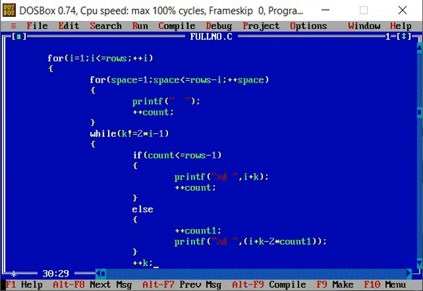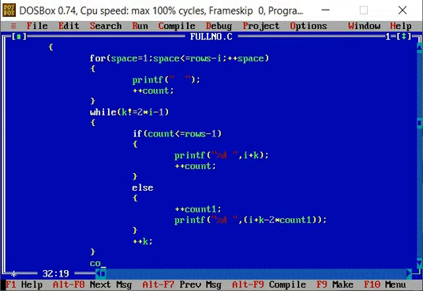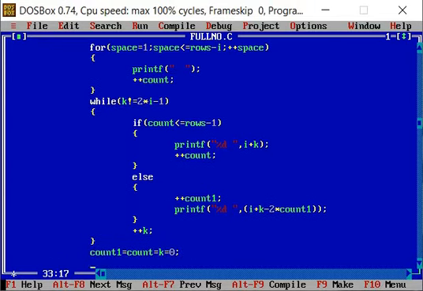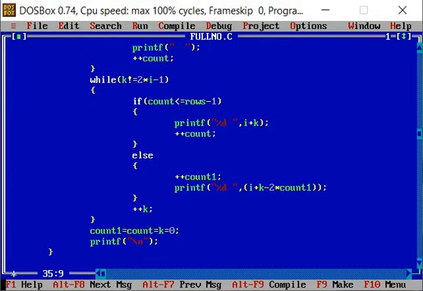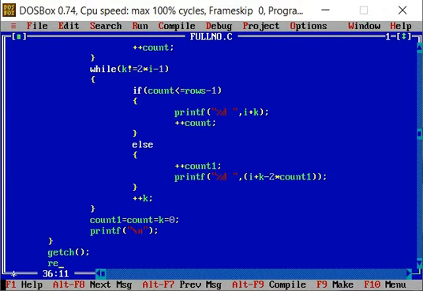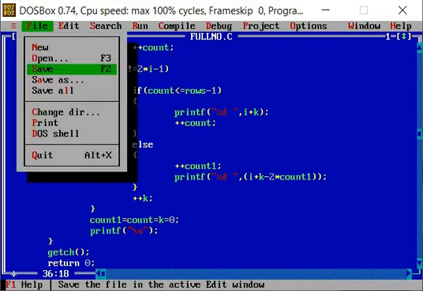Increment the k value. Then count1 = count = k = 0, we will initialize them to 0. printf \n. getch to hold the output screen. Return 0. We'll save this.